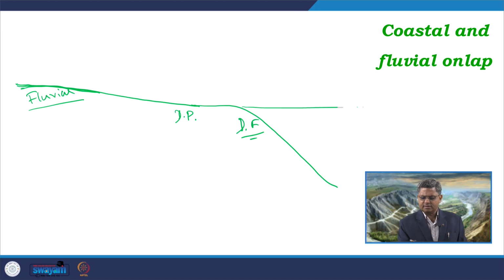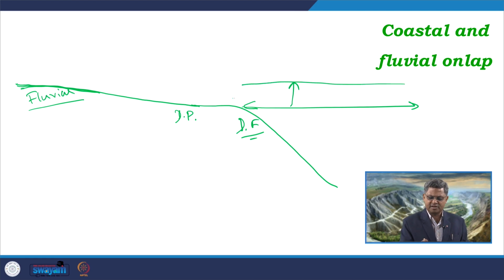Now, as the base level is rising up, that rising of the base level will first lead to some wave reworkings over here, which will lead to formation of some wave ravinement surfaces in this area. Now, on this wave ravinement surface, what we get is the deposition of the coastal sediments.